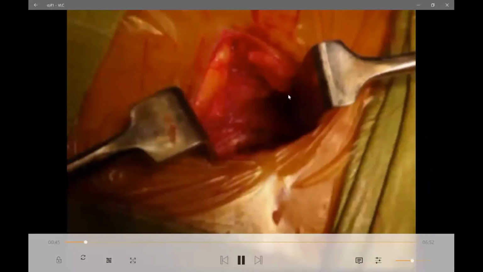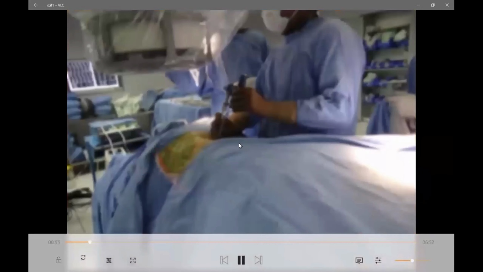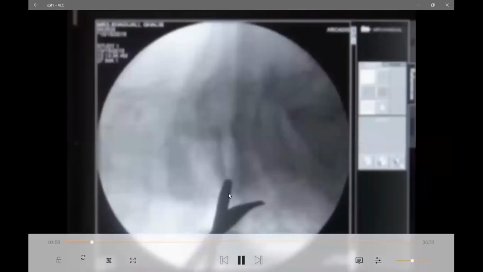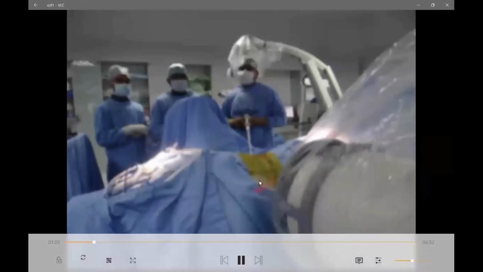Skin incision is most important. It's along the external oblique lines. We go on dissecting first the external oblique, then we see the internal oblique like this. And then we further dissect. Then we see the transversus abdominis. These are the flat fibers. Then we put a dissector along with our probe, and we see the disc, and we put a guide wire inside. Then we confirm with the C-arm shot where exactly we are, and we dilate the tract.